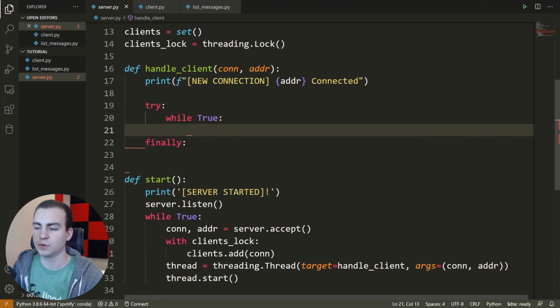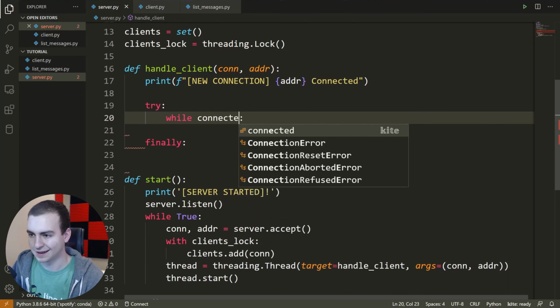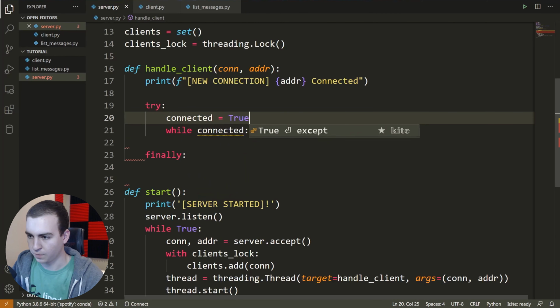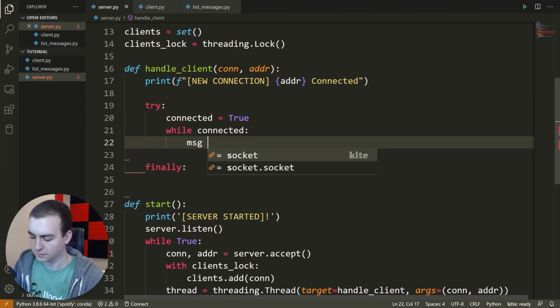And what this while statement will do is run infinitely while our connection is connected to the server. So hopefully you get the idea here, but this will be run in a new thread for every single client. So we will be able to handle all of the messages from all of the clients. So inside of here, actually, instead of saying while true, I'm going to say while connected. And above here, I'm going to say connected equals true. And then what I'm going to do is wait for a message to be sent to us. So I'm going to say message equals,